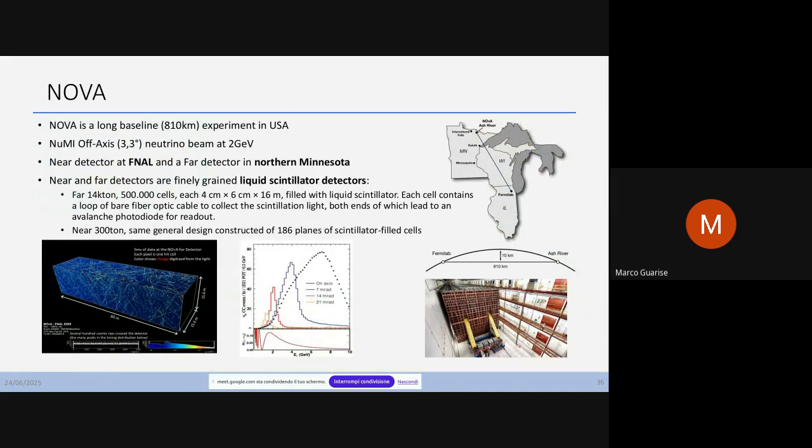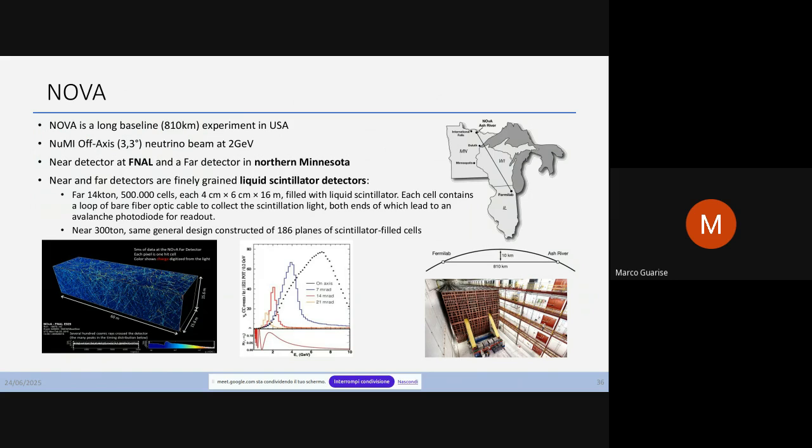Remaining at Fermilab, we also have NOvA, which is a long-baseline experiment from Fermilab to Ash River in Minnesota. It does not exploit liquid argon, but liquid scintillator. Both the near and the far detector are modules filled with liquid scintillator and optical fibers, with a high granularity to reconstruct more or less everything,